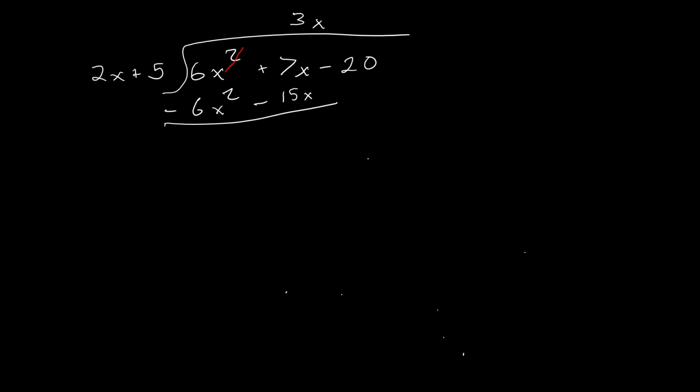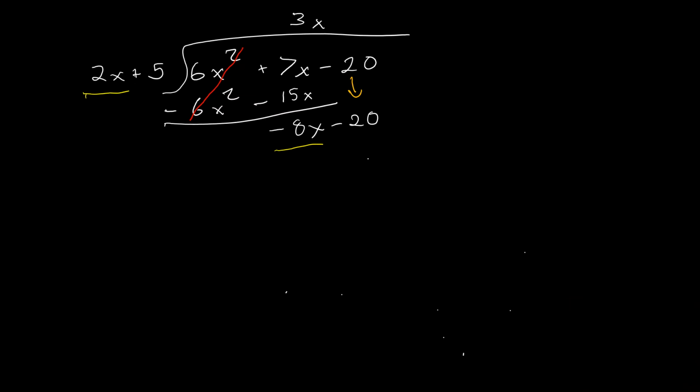This allows us to be done with the 6x squared and have a negative 8x over here. Our next step now is to come over here and bring down this minus 20. So now we are left with negative 8x minus 20. So our next concern is going to be our minus 8x. Now, 2x into minus 8x,